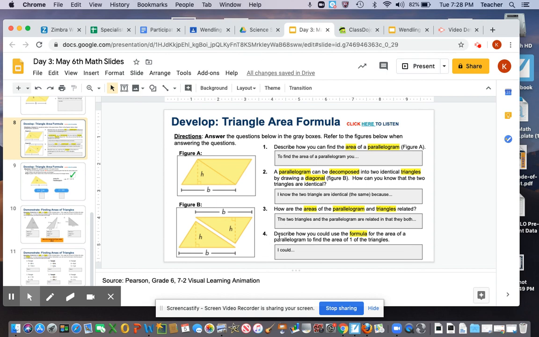Number 4. Describe how you could use the formula for the area of a parallelogram to find the area of one of the triangles. So again, just like number 3, my triangles are